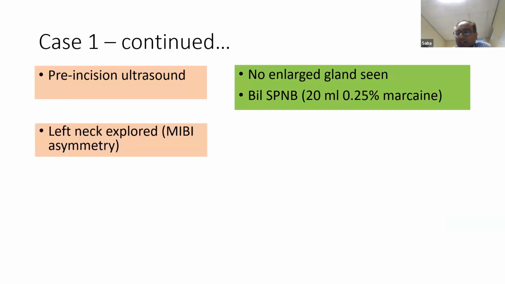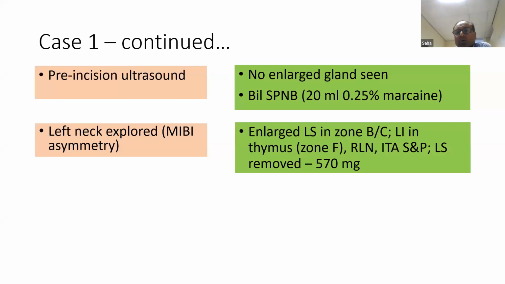I explored the left side first, because on the MIBI, I thought there was some asymmetry, and often, even if the MIBI scan report is negative, if you look at the MIBI scan and find a bit of asymmetry, either at the upper pole or the lower pole, then often we find that the abnormal gland is on that side of the asymmetry, or the side of the increased uptake. So on the left side,